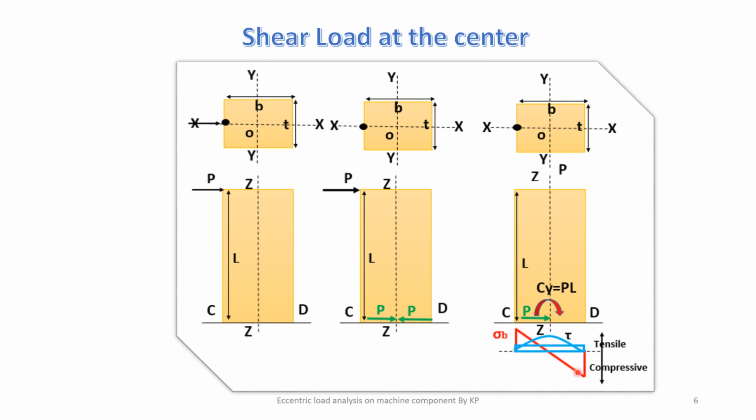So this red line shows the distribution of the bending stresses, which is compressive at point D and tensile at point C. Okay, and the average stress is of very small magnitude, so we can neglect that value of the shear stress. And if we take the actual variation, which is parabolic in nature, that is maximum at the center and 0 at the corners. So if we want to find the stresses at the outermost fiber, it is equal to the bending stress, tensile at this C side and compressive at this D side.